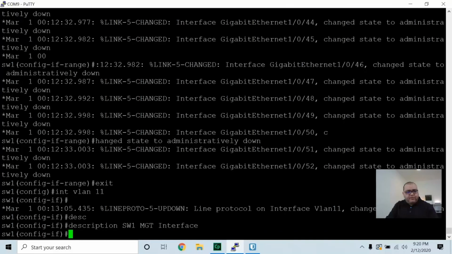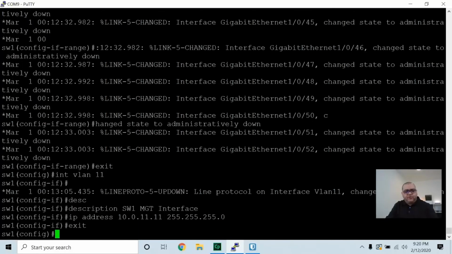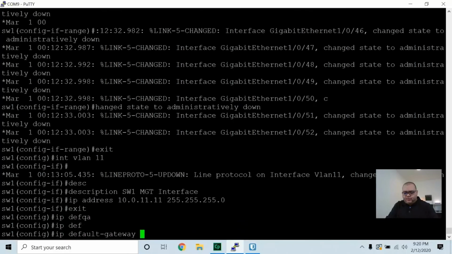And then we're going to set an IP address to be 10.0.11.11 with a subnet mask 255.255.255.0, and then we're going to set a default gateway, ip default-gateway 10.0.11.1,